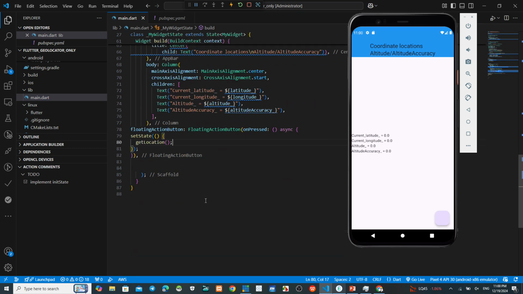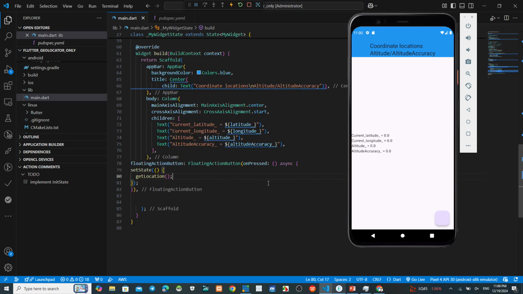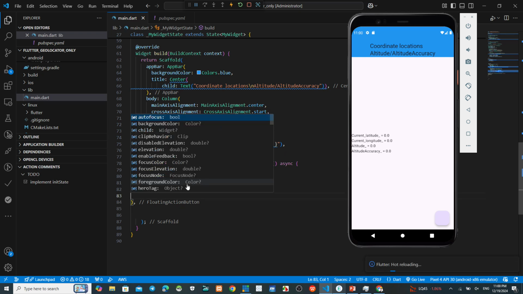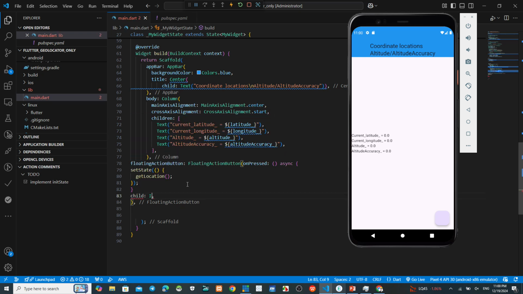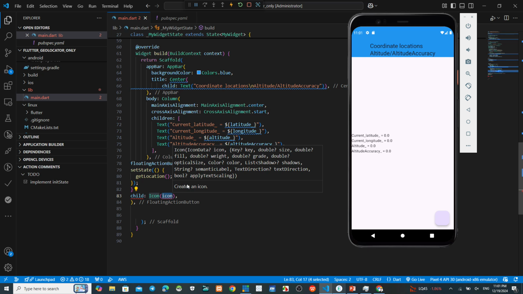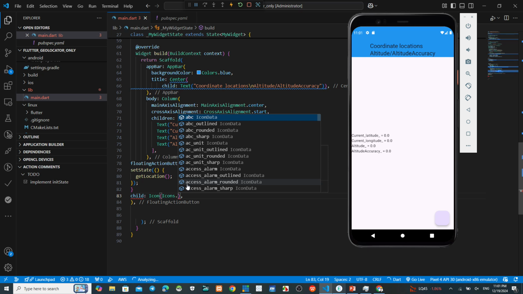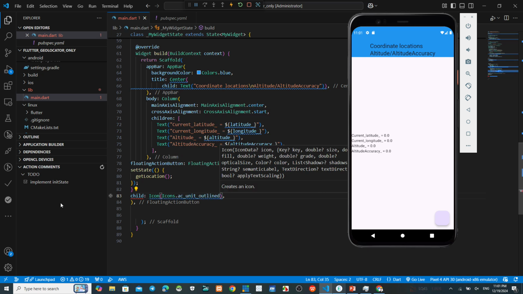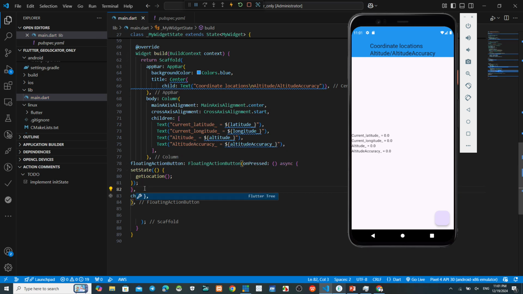After that, this one we make icon, child icon. Okay, make this one comma. Okay, save.